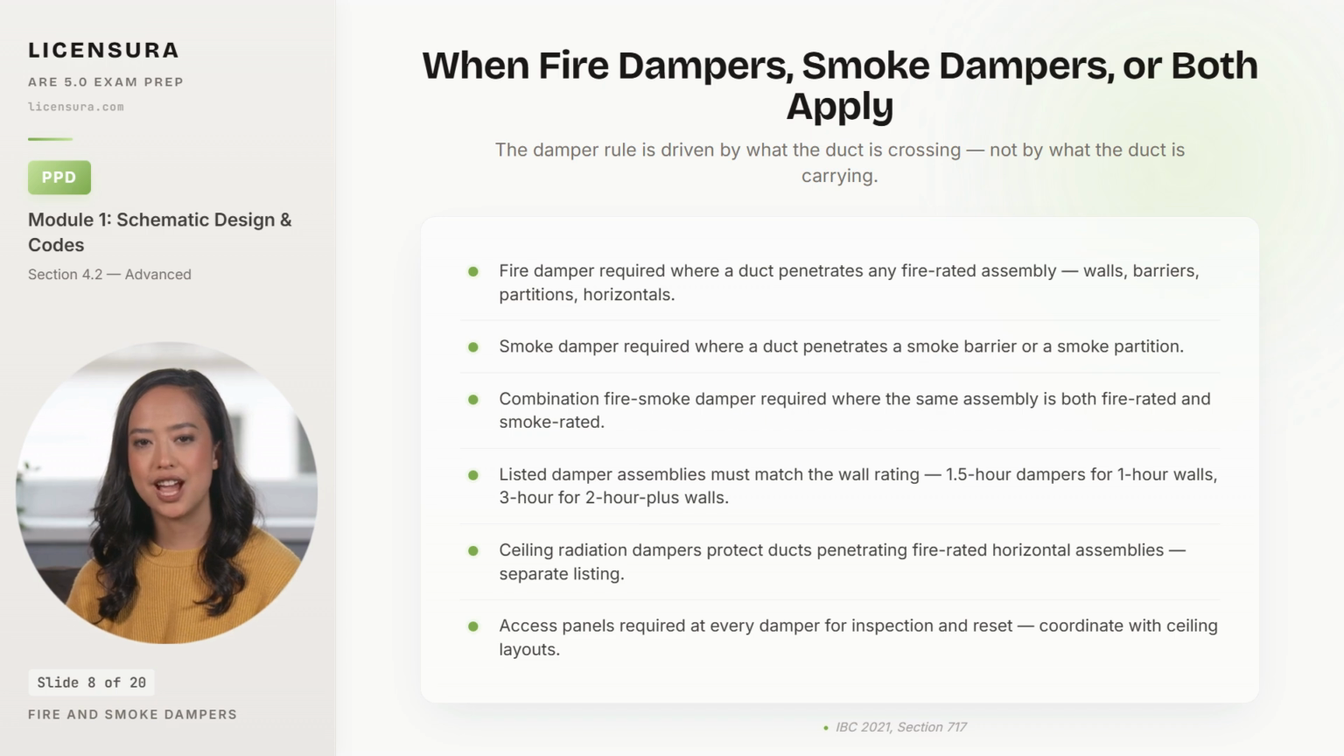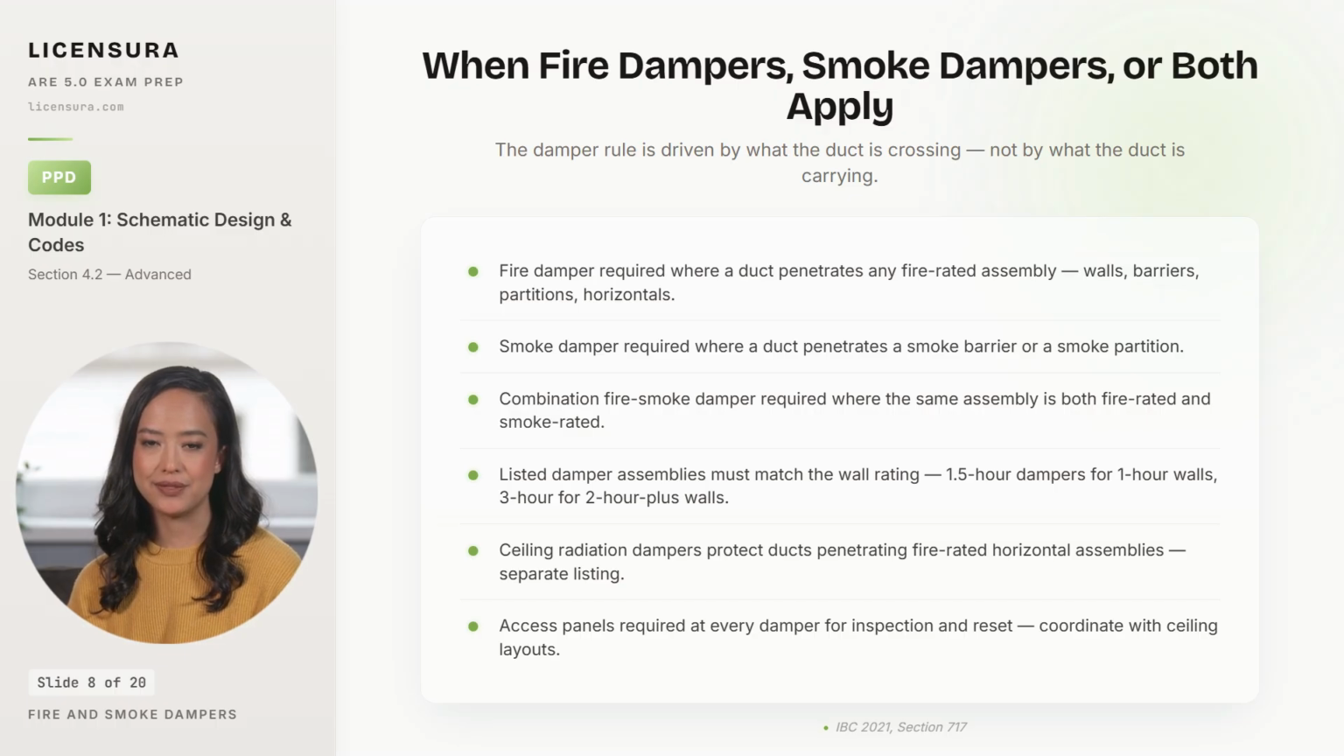6 anchors for damper specification, and the first 3 answer most questions on the exam. First, fire dampers go anywhere a duct penetrates a fire-rated assembly. That means walls, barriers, partitions, and horizontal floor-ceiling assemblies. The damper's job is to spring shut when fusible links melt and prevent fire from following the duct into the